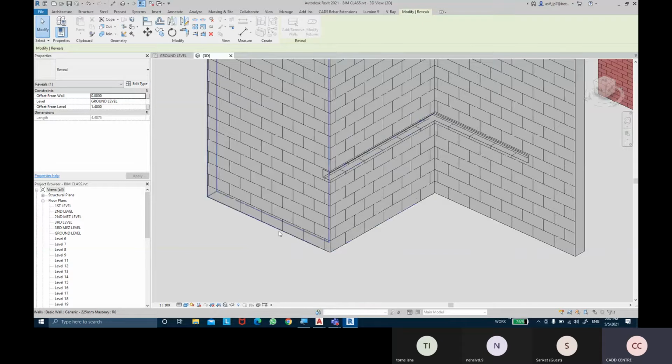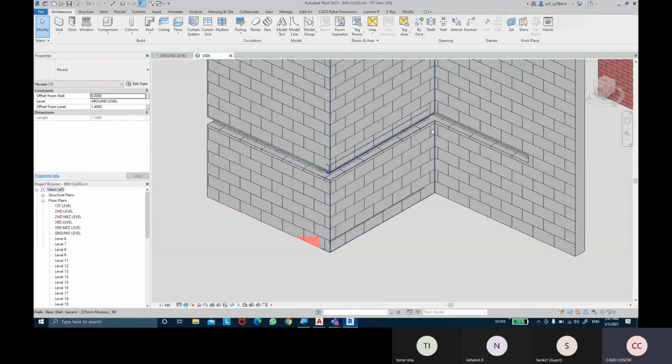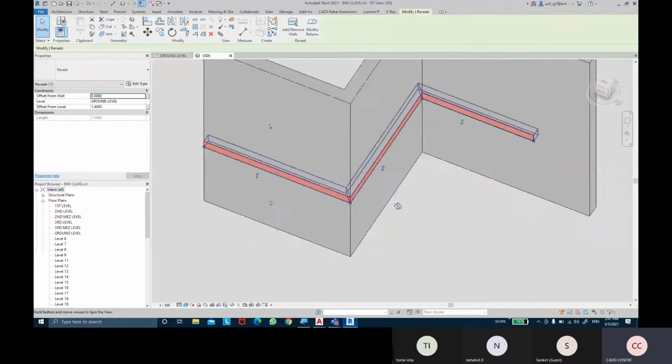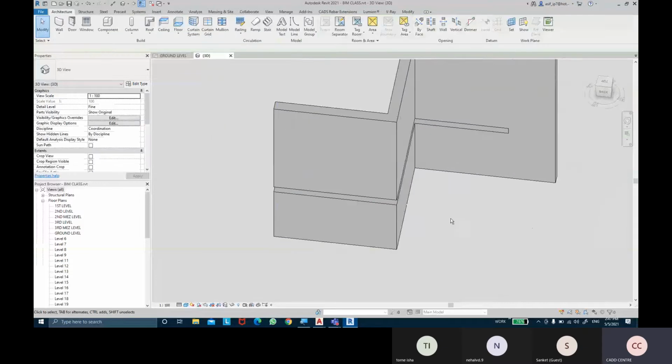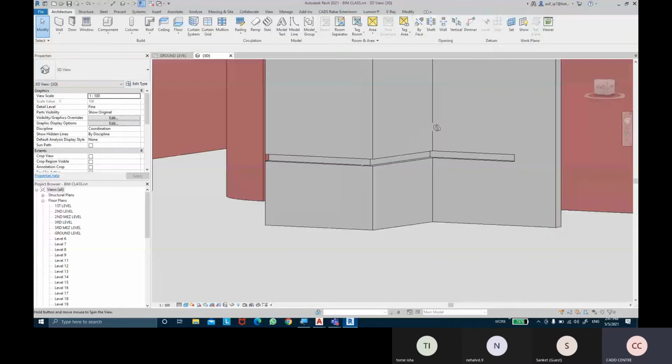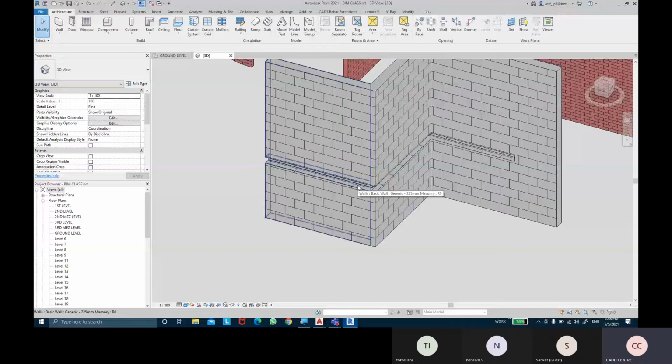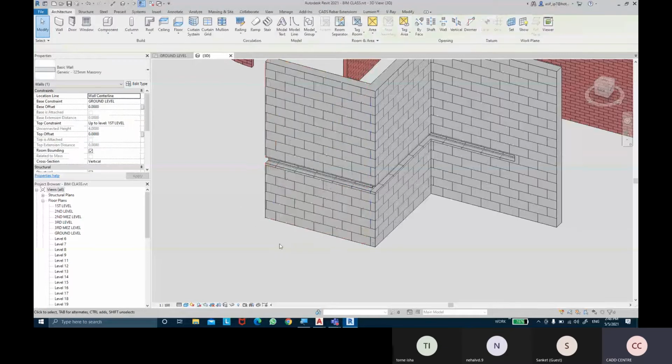And if I select this wall, it's going to apply to this wall as well. So that same reveal has been continued and added to multiple walls. Okay, and if I want to remove it from one of the walls, I can select the reveal. Make sure that you select only the reveal. Now sometimes what will happen is if you try to select the reveal, it selects the walls actually.